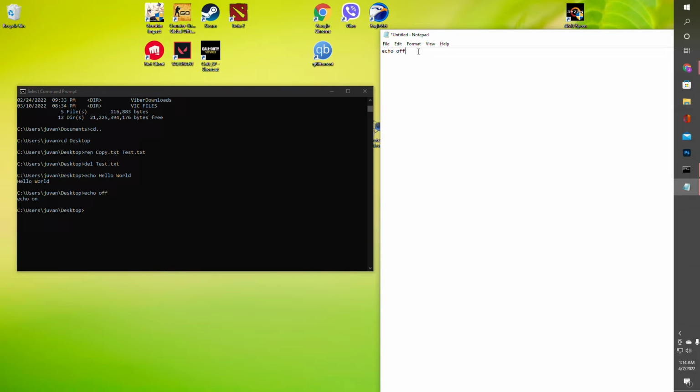However, if I want to type in a script and I do not want the process to be shown, then I can just write echo off, then echo dot. This has no space. This echo dot basically lets us have blank spaces. For now, it should represent the process that we are doing in our script. So if you are going to type in echo hello world,